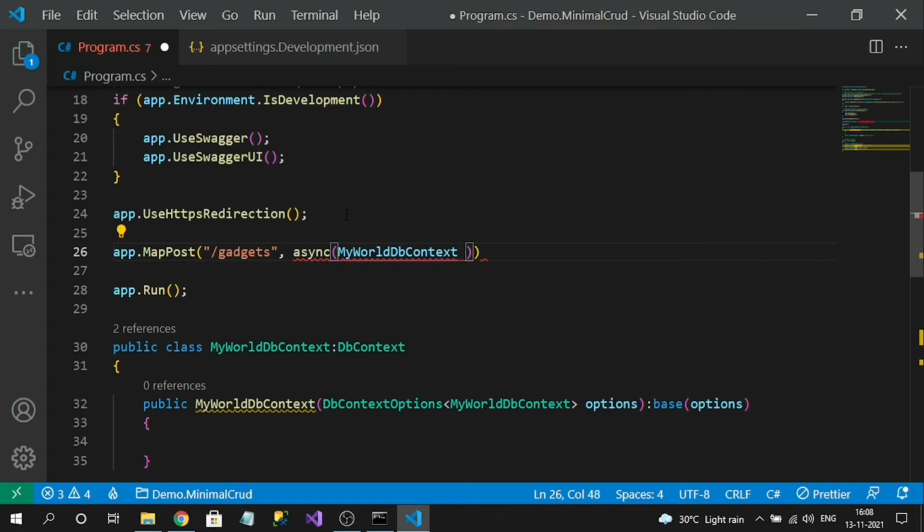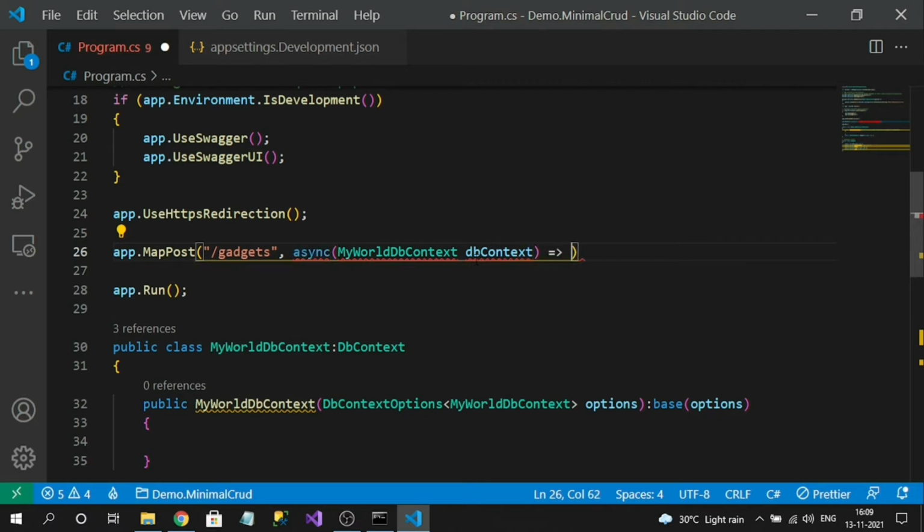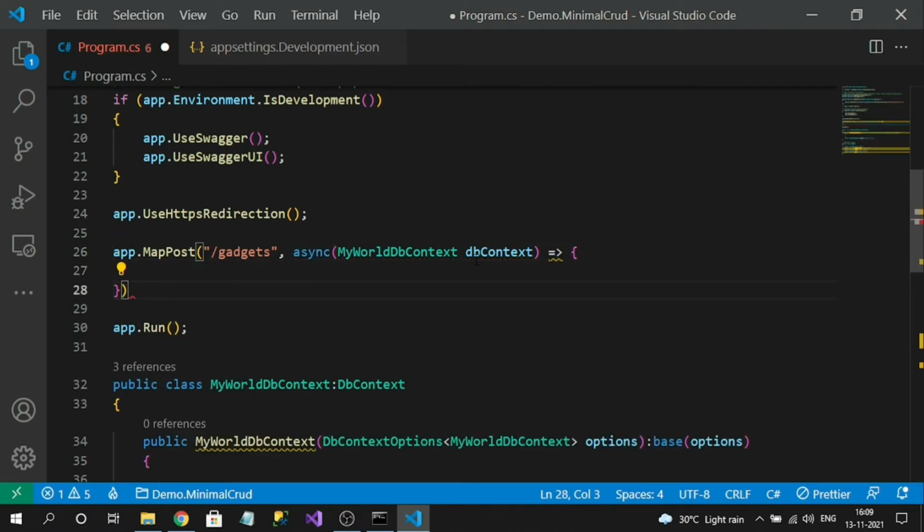Automatically the DB context gets injected into our delegate by the framework itself. So this is the syntax for creating a create endpoint in minimal API.